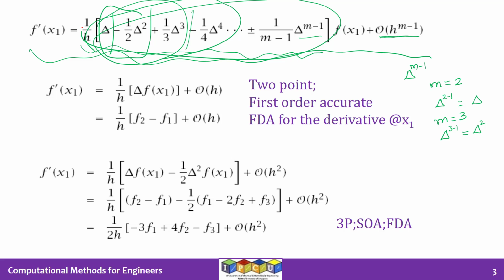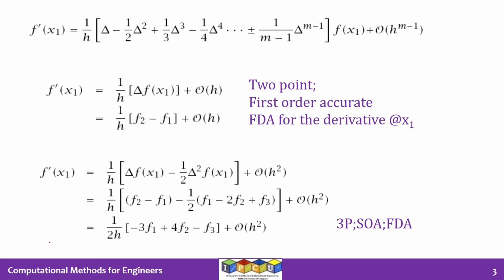So that is where the trade-off lies, the computational effort versus the accuracy. So where we stop depends on that trade-off. Now with this, let's try to get to some specific expressions. If I choose to retain only one term here, that means I am choosing m is equal to 2. So if I choose m is equal to 2, the error is of the order of h to the power of 2 minus 1. So the error will be of the order of h. So that's what you see here.